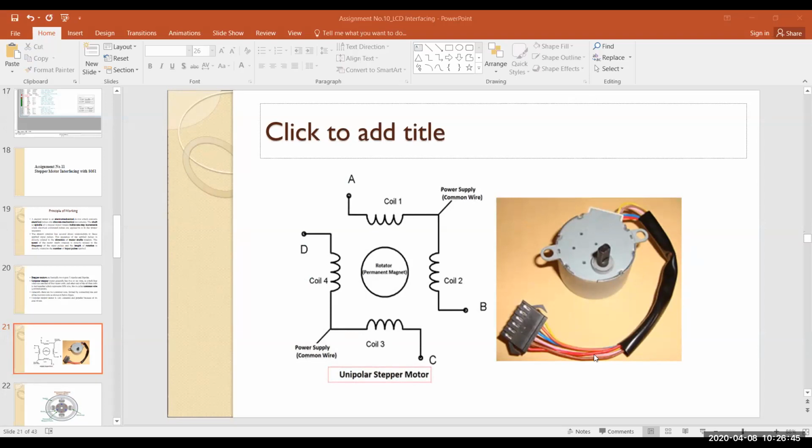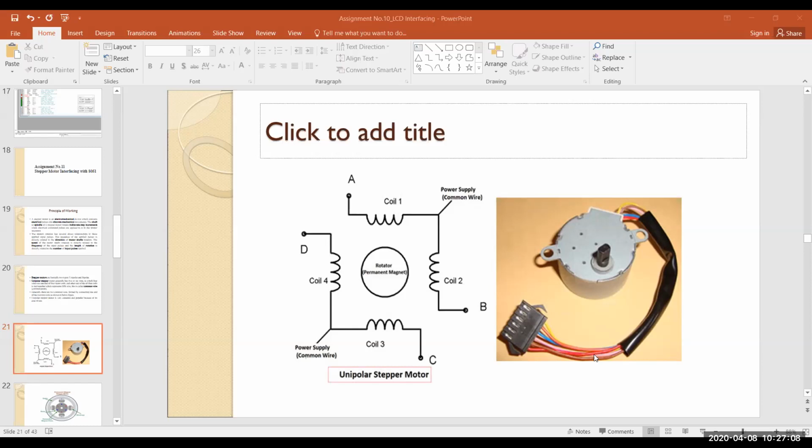This rod is moving because of our program. The speed of this rod, and the direction and the angle of movement of the stepper motor, is decided by our 8051 program. That is what we want to do here.